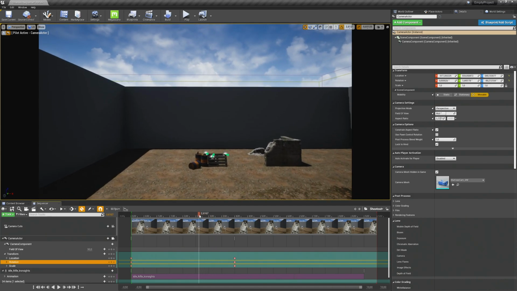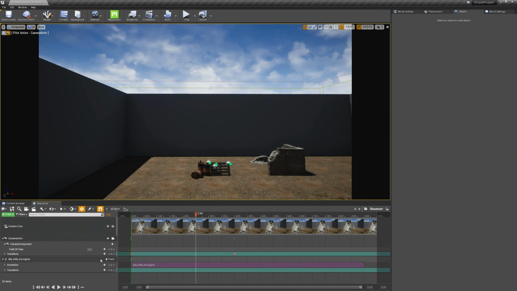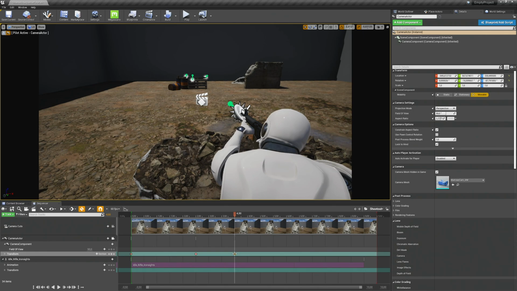So what I will do is to add a keyframe here for the whole transform layer. And then our third keyframe should be around 6 seconds. So I just click on the transform keyframe and move it to 6 seconds, which gives us a bit more time between those two keyframes. So the camera will move longer.